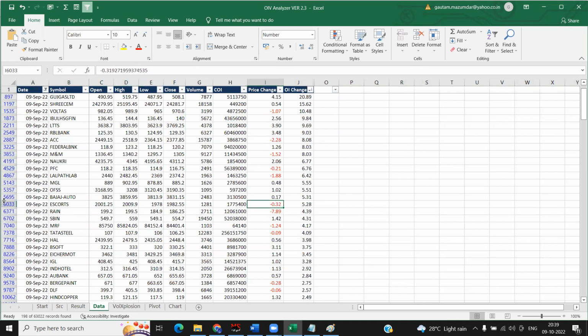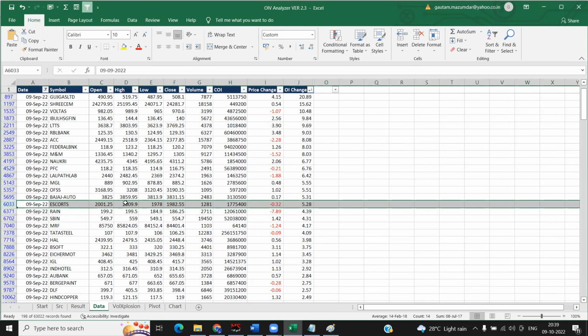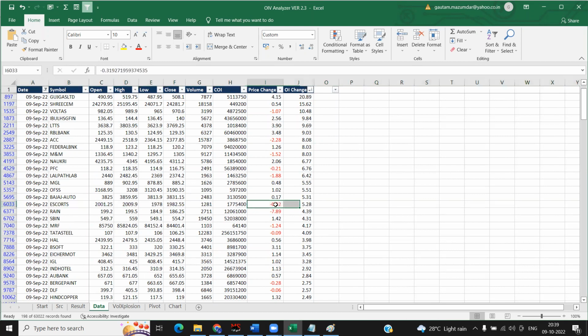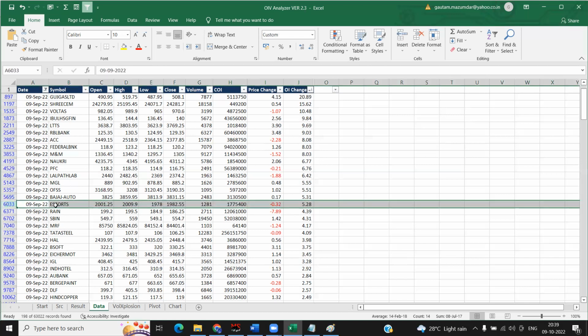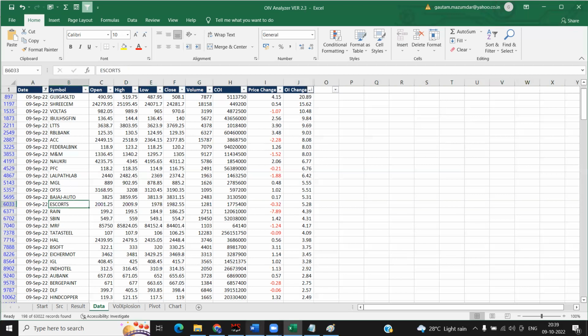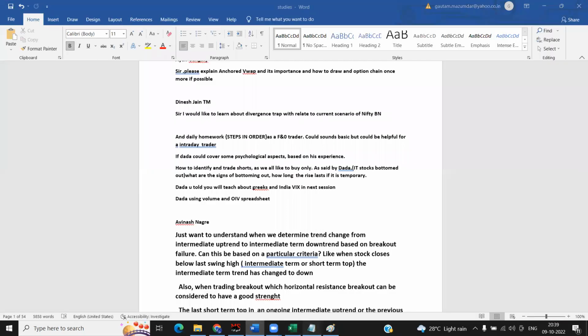This one, how much is it? This is quite good. Overall the change in price is very small, and the open interest is quite appreciable. Are you watching this one? Some money is moving out of, sir, this auto, and that we will come to later. I'll just follow these Escorts. Keep it in the list.